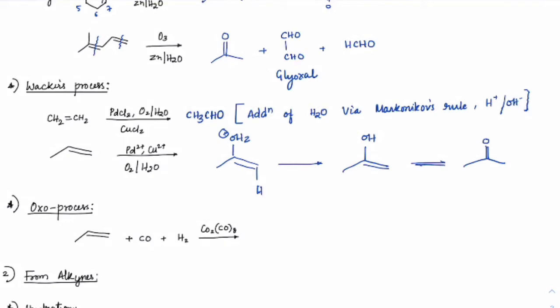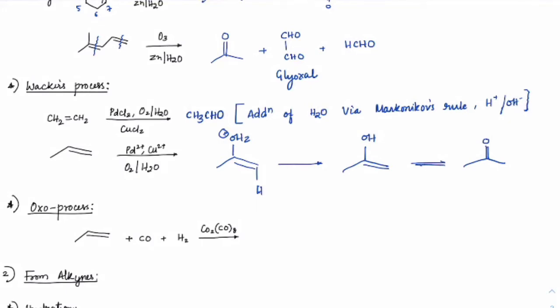Otherwise, it's a complex mechanism, correct, where you will have CuCl2 complex being formed first, right? On that, a continuous addition of O2 and H2O happens. That's how it takes place. That mechanism is not in our syllabus. All we need to know is how easily we can remember that H plus and OH minus has been substituted here, which makes it as an enol form. Finally, that will end up to aldehydes or ketones.